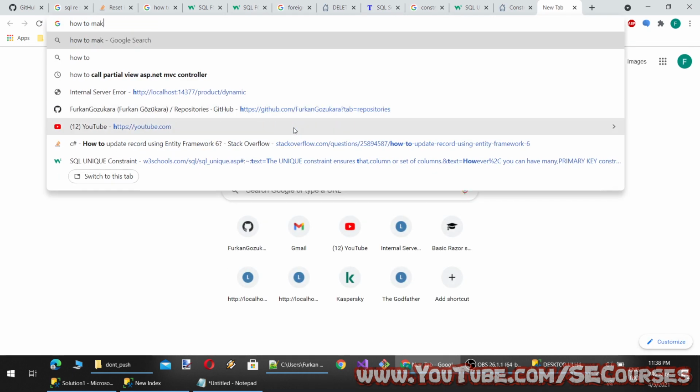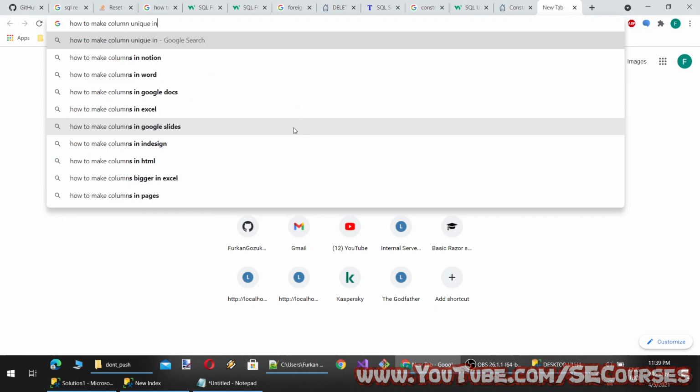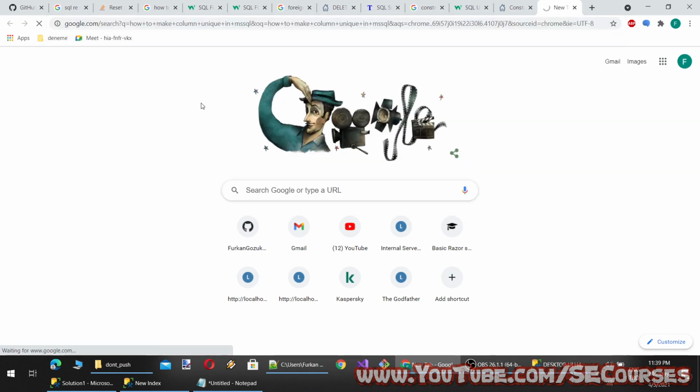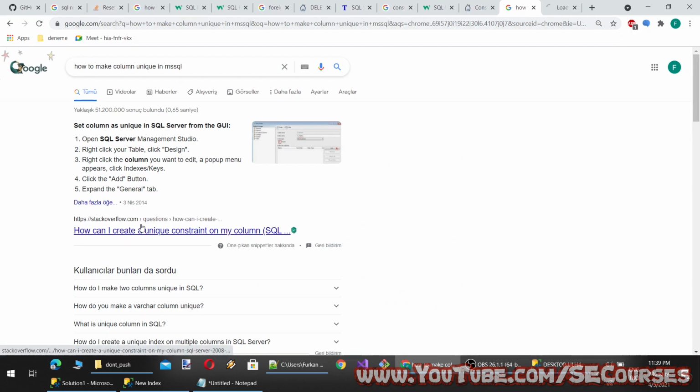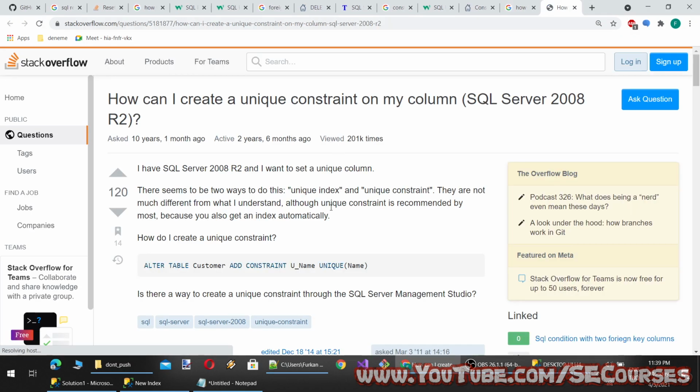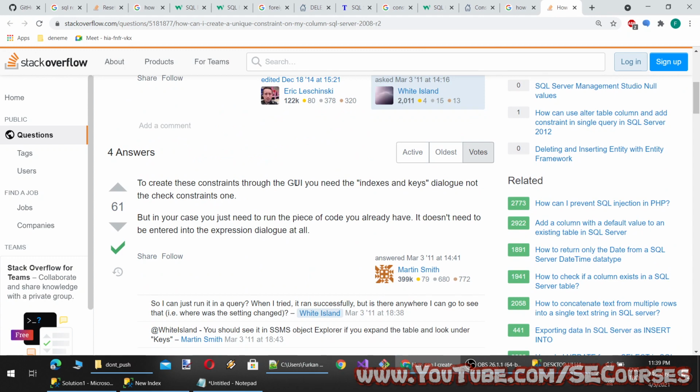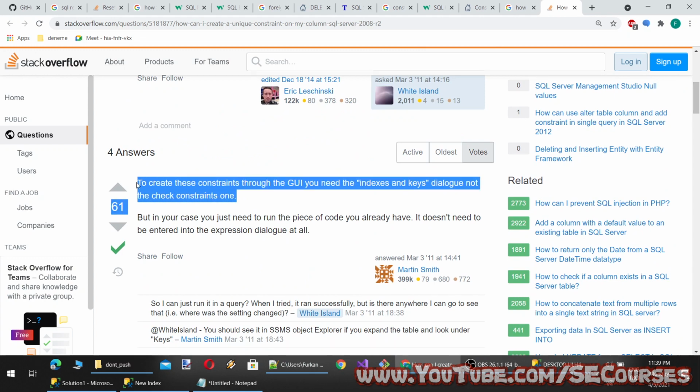I wonder if the only way is an index or a constraint as well. Yeah, it is about indexes.